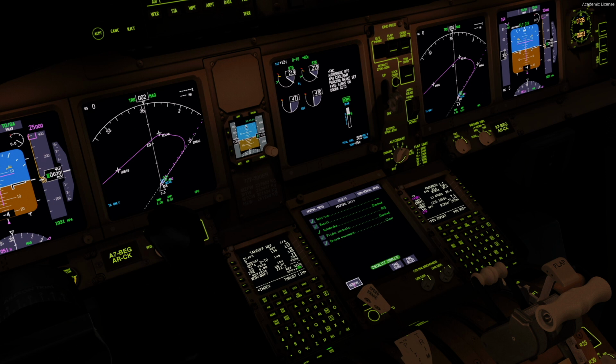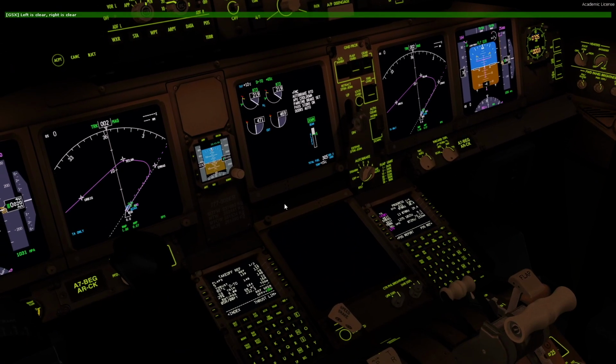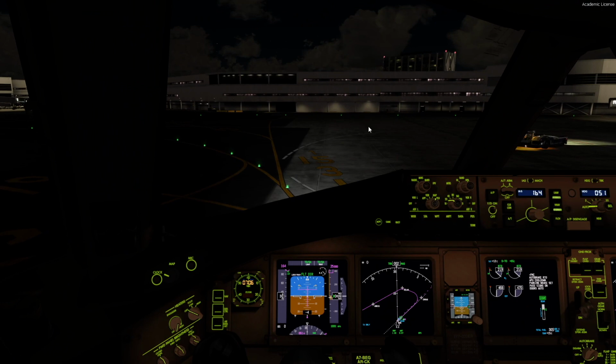Ground equipment should be clear in just a second. Before takeoff checklist completed as well. Flaps are set, position 5. Left is clear, right is clear. Very nice. Okay, turn-offs and taxi lights. And now I'm expecting a taxi for Foxtrot, then Lima and Alpha